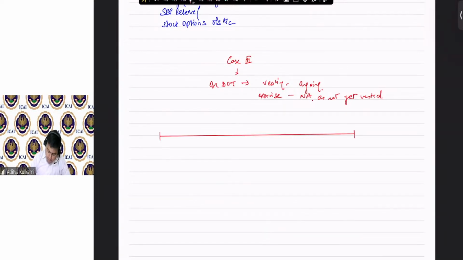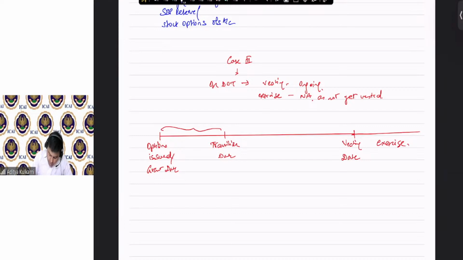this is the date, options issued. This is your transition date. And this is vesting date. Options issued, or what we call the grant date. And after this, you will be having exercise. Now, in this,